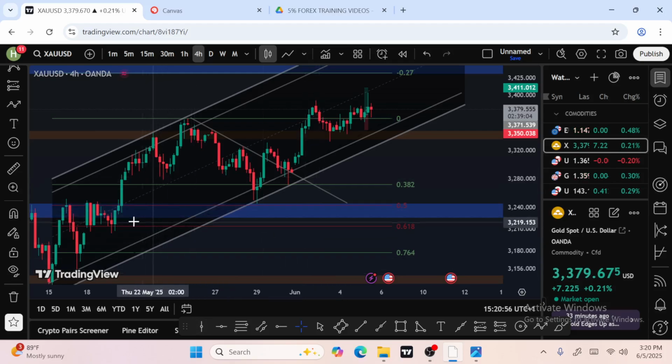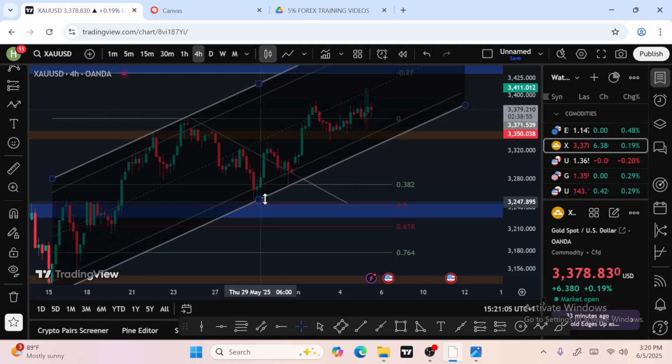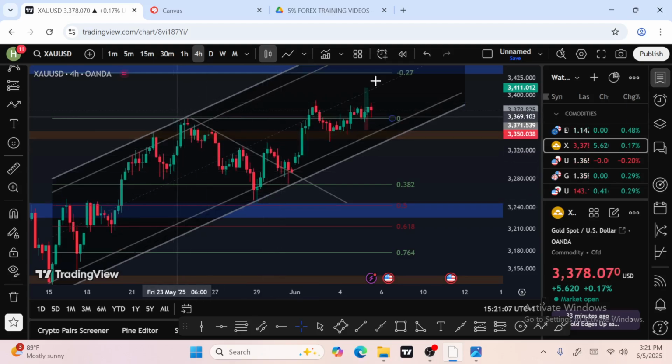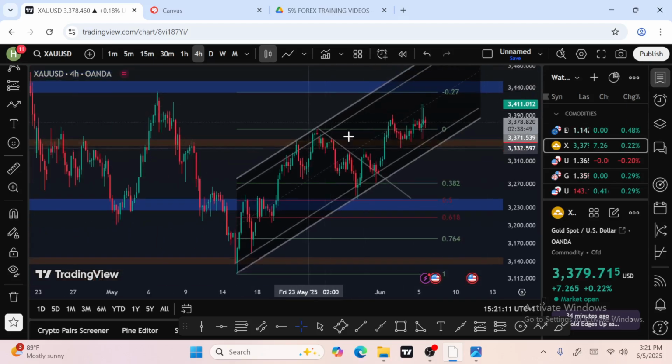So if you take your Fibonacci, let's take this off. This one has finished its work because it has come down to 50%, and we're expecting it to come up to 0, and to the point of minus 0.37. Do you notice that this market has gotten to 0 from this guy? Is that not so? And we're expecting it to go up further to minus 0.27, where we have our major zone, our final profit. Are we getting it now?